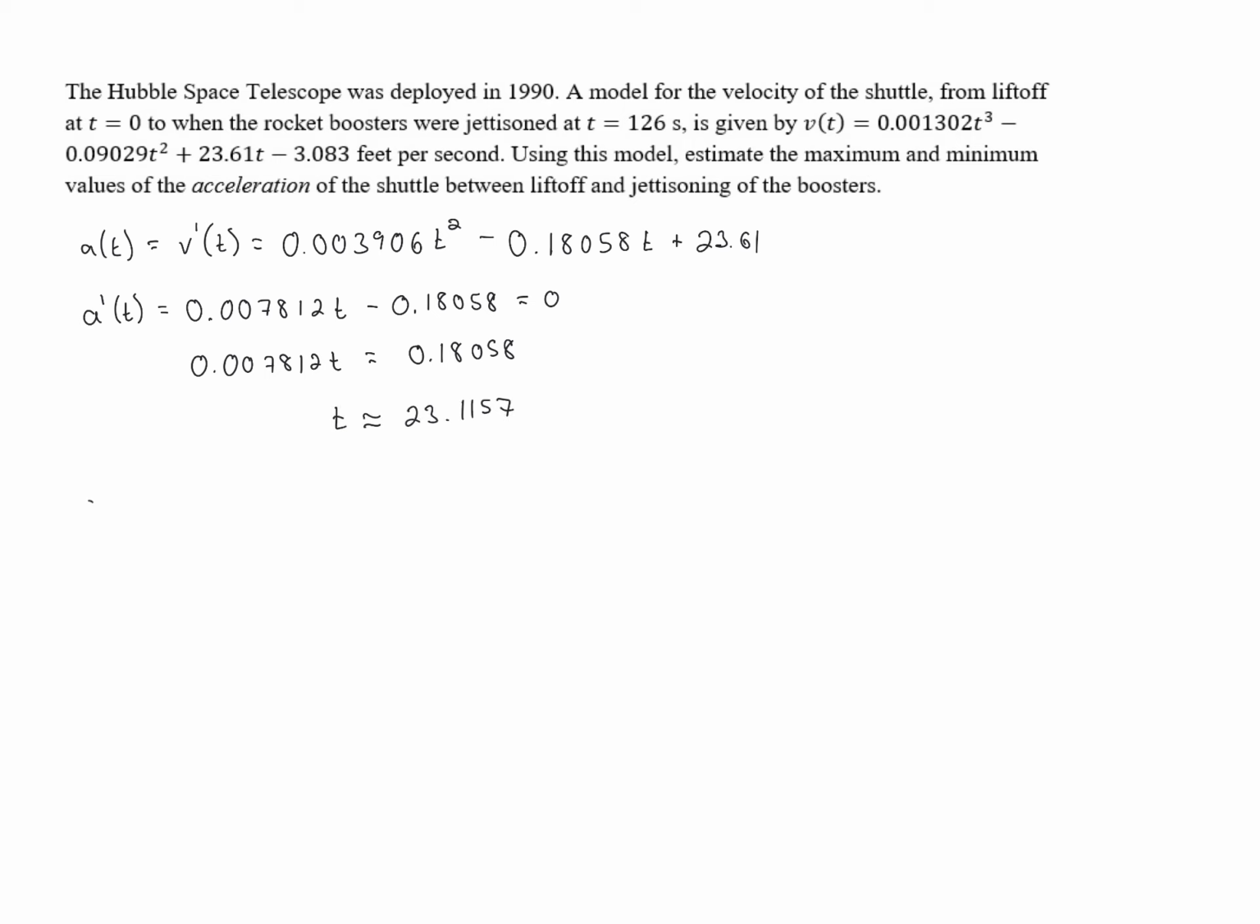So we're going to have to evaluate our acceleration at the critical number, which is approximately 23.1157, as well as at the endpoints. So that's going to be 0 and 126. And I'm going to use calculators here. Well, we don't need to use a calculator for a of 0, because if we plug in 0 for our acceleration function, the first two terms go away, and we're just left with the constant term, which is 23.61. But for the other two, I'm going to use a calculator. And I get, for our critical number of around 23, a value of 21.5227. And then for our other endpoint of 126, I get